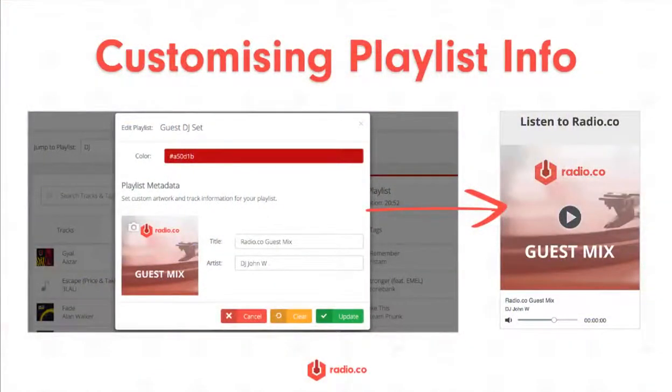The great thing about this is you can add this to any playlist. So say you've got a syndicated podcast going out, or a pre-recorded show, maybe you don't necessarily want to show all of the track information that plays each time. You just want to show the show name. You can set that up directly in the playlist editor. Just add it in there. Yeah. I'd say that's really simple stuff, and it's a great way to make your station